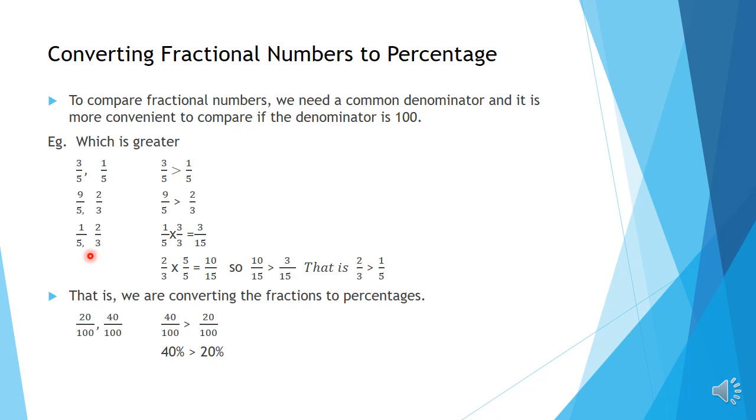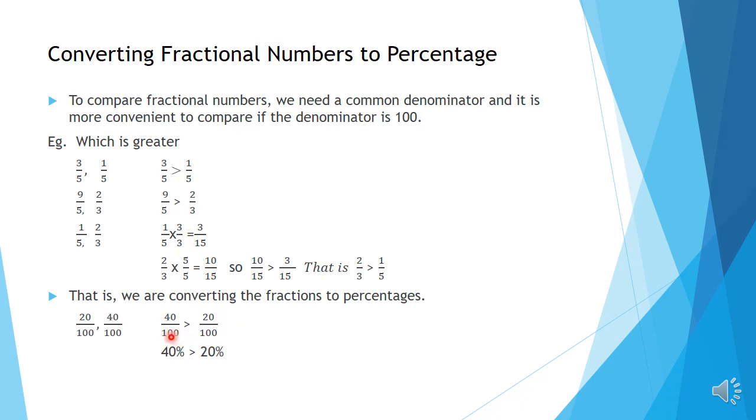So whenever we get fractions having different denominators, it takes much time for comparison. We have to first change the denominators to the same denominator or common denominator, then only we can do comparison. Okay, so another fraction, see here 20 by 100, 40 by 100. Here which is greater, children? Denominators are same, 100, 100, so numerator, see 40. So 40 by 100 is greater than 20 by 100.